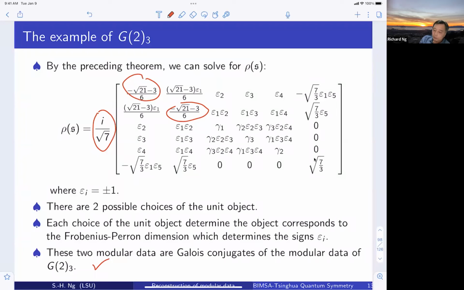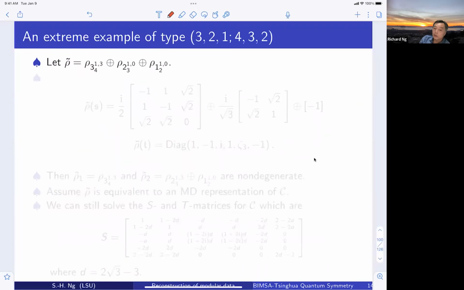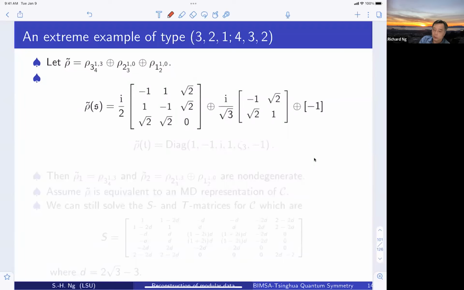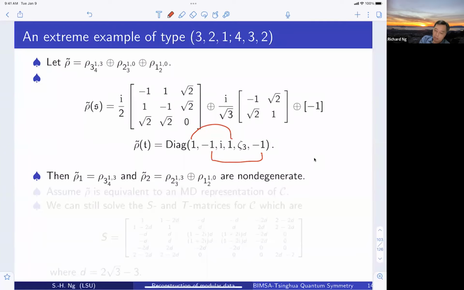So then I show you some extreme case. This is the one that is quite extreme in the following way. Again, now I have 3 of them put together: dimension 3, level 4, dimension 2, level 3, dimension 1, level 2. Put them together, so I get a representation of this, and the diagonal will be this. Now I want to subdivide into 2 parts. Basically, I divide this first 3 and then the sum of the rest of 2. So now you can see that each of them is non-degenerate, but the overlap is 2. So you have 1 and 1 and -1 and -1. So instead of 1 pair of overlap, you have 2 pairs of overlap,